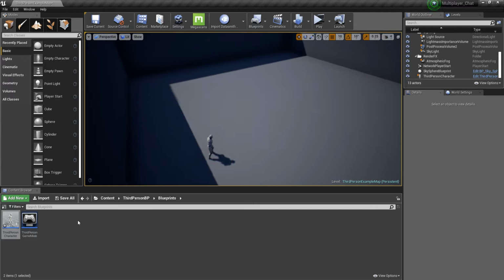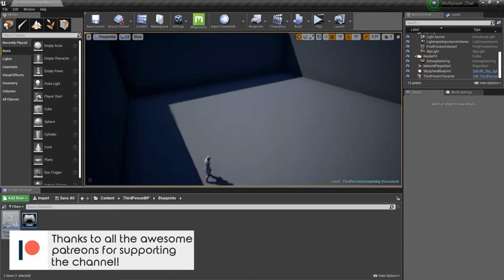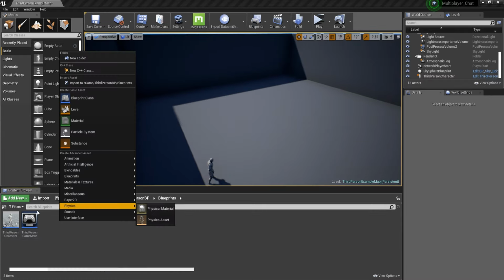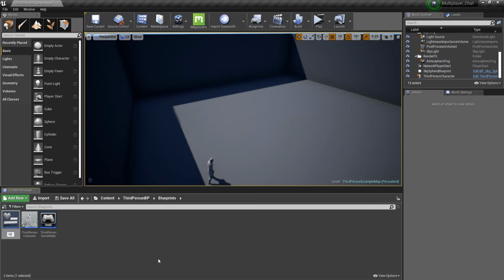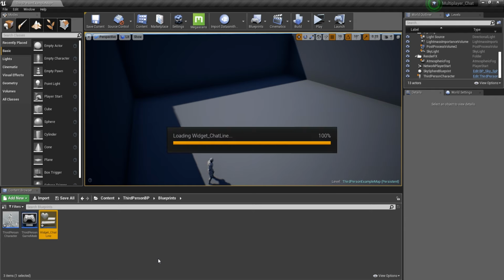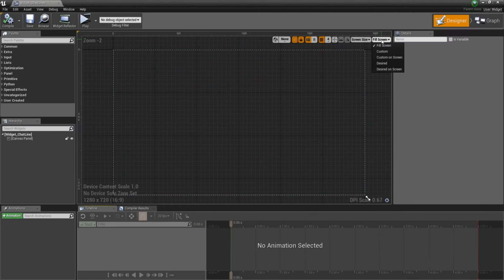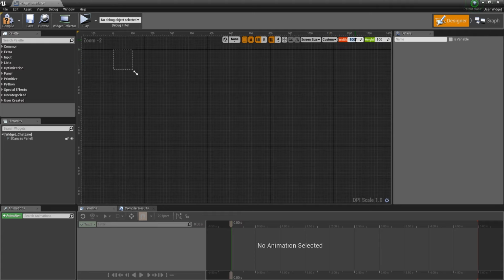Doesn't matter at all. Now the first thing that we are going to create is a chat line. A chat line is the line that appears in the bottom left corner when someone types in the chat. So let's go to content browser, user interface, widget blueprint, and I'm going to call this widget underline chat line. Let's get in here, and now let's go to fill screen, custom, and set the width to be 600